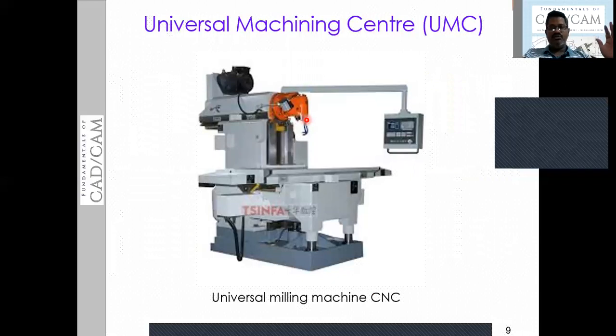You can see that type of machine in this figure. Here the tool can be moved between the horizontal and vertical. It has a swivel plate so that you can rotate the tool to any angle between vertical and horizontal. Apart from that, when you locate the workpiece on this table, it also has additional movements like horizontal and vertical movement. You can even adjust the workpiece to reach the tool located in the spindle. This is the flexibility of the Universal Machining Center.